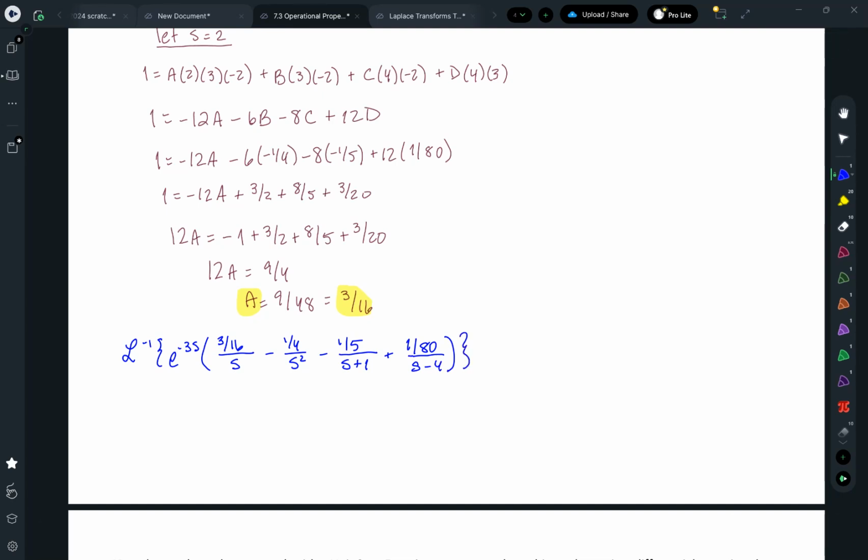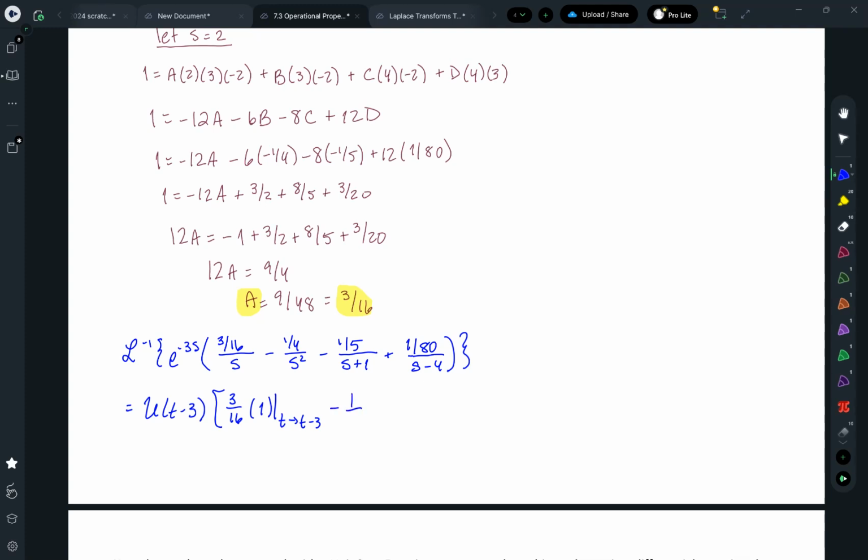Okay, so the e to the -3s just puts a u of t minus 3 on the outside, and then t has to go to t minus 3. So let's see how we can use some notation to help us with this. This is equal to the u of t minus 3 times 3 over 16, and then the Laplace inverse of 1 over s is 1, evaluated where t goes to t minus 3, which is not going to change anything here,